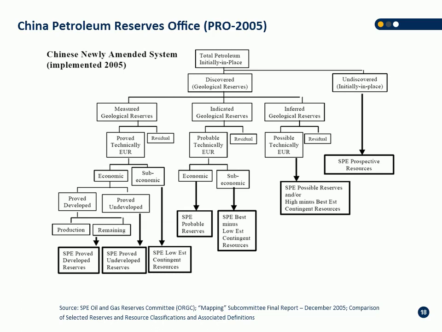The Chinese are also similar to the Russians, where there's not a strong distinction between possible reserves and contingent resources. What they call possible, the equivalent of their possible reserves for geological reserves, is a combination of what PRMS would classify as 3P reserves and contingent resources. And again, that comes down to the commerciality requirements, and they don't have the commerciality distinctions between the reserves and